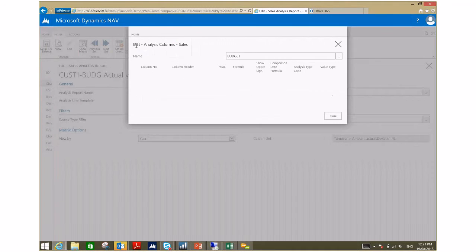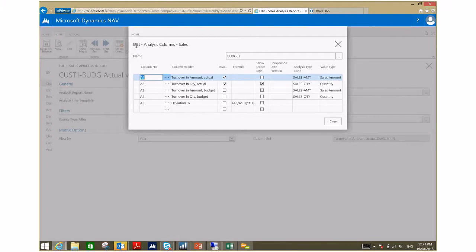Within the column layout, we essentially just have the turnover in amount and quantity, as well as the turnover budget amount and quantity, as well as a deviation there. So we can see that we're just using the specific identifiers that we've applied in the column number to become a formula. We can then illustrate them with opposite signs and then even just have simple amounts being illustrated, their sales amount or their quantity. I know this does sound a little bit complicated, but bear with me,